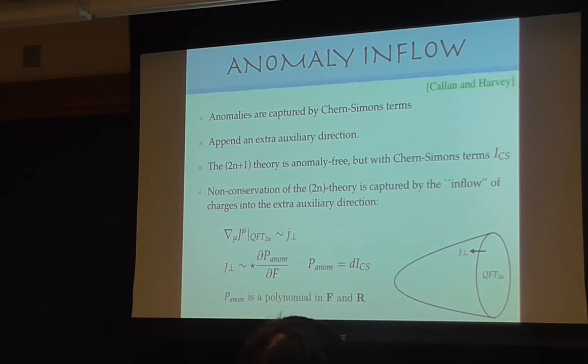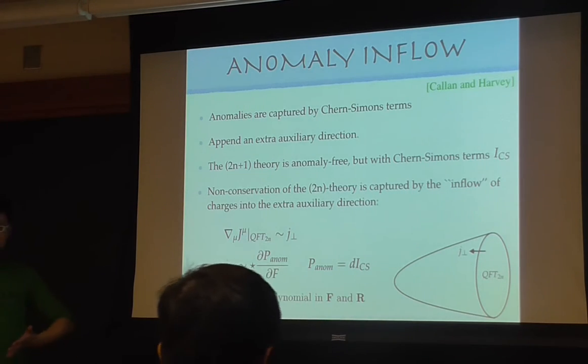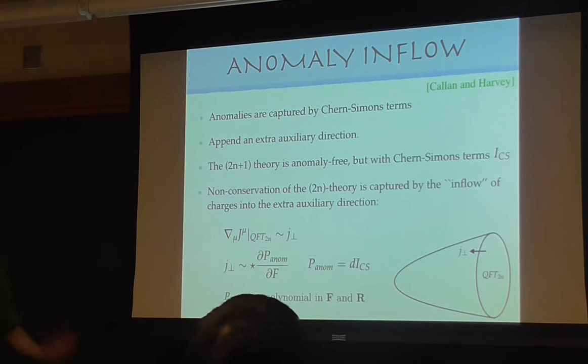Good. And just in case you ever want to do computation with this, if the anomaly content, right, I guess one of the key results of Callan, Harvey, and Bardeen and other friends is that all the anomaly information is captured by left-right movers, the net of that, and that can be succinctly described by the anomaly polynomial. I'm going to give an example in 2D of the anomaly polynomial. It's sufficient to say that there's some polynomial in F and R, and the coefficients tell you how many left minus right movers you have, and that is enough content for the anomaly.